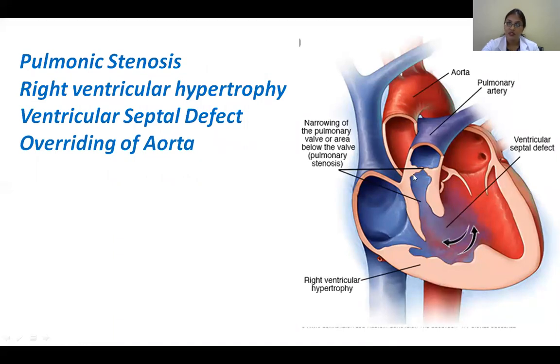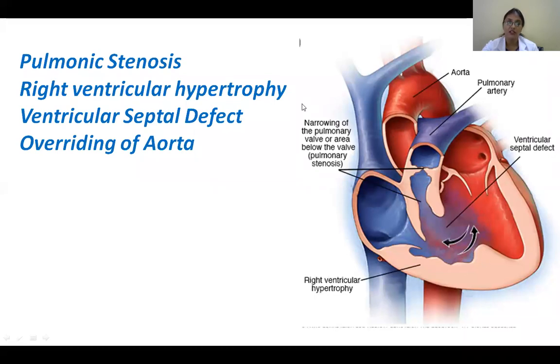Here, this pulmonary trunk gets stenosed. So pulmonic stenosis. What happens? It is difficult for the blood to go into the pulmonary artery, so there's a lot of blood in the right ventricle. Then the right ventricle gets hypertrophied. Normally, which ventricular wall should be thicker? The left ventricle. But here the right ventricle starts getting thicker and it hypertrophies. And also in this tetralogy of Fallot, there will be a ventricular septal defect. You can see there's a septal defect here. Then overriding of the aorta. This is your septum, and exactly above the septum the aorta is beginning. That's called overriding of the aorta.